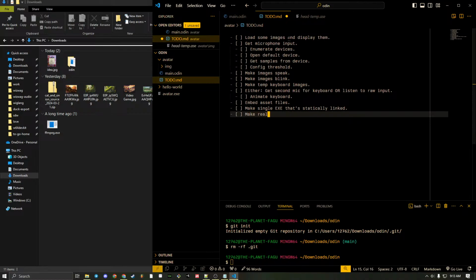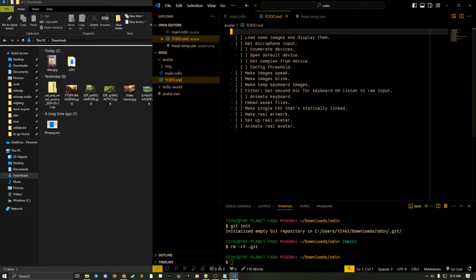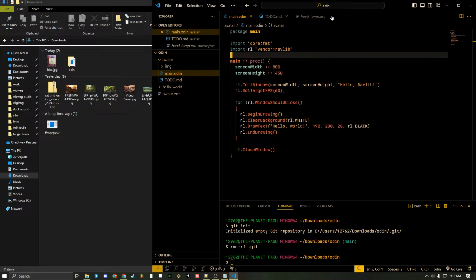And we'll have make real artwork, set up real avatar, and make real avatar. We are not going to get all this done today, probably. All right, so